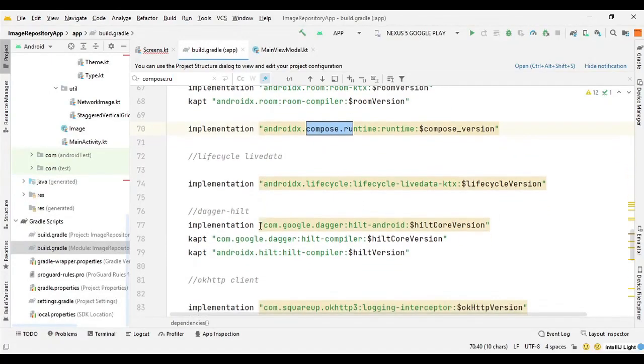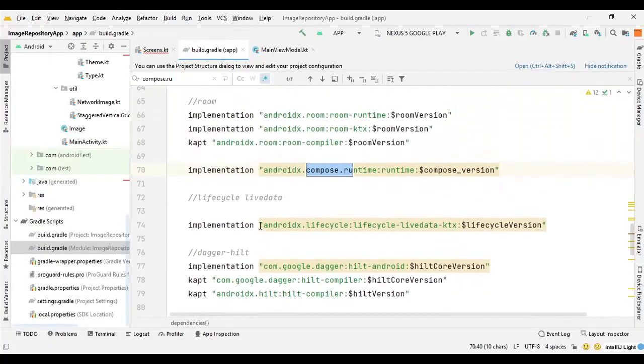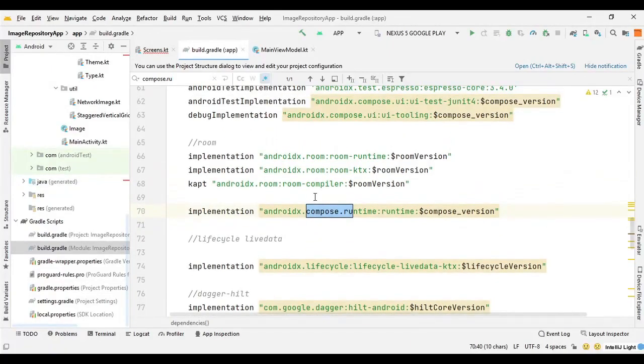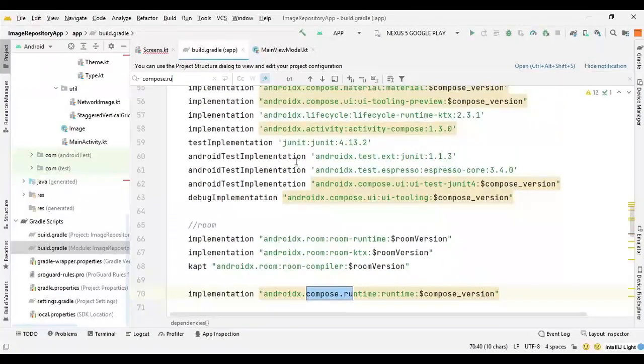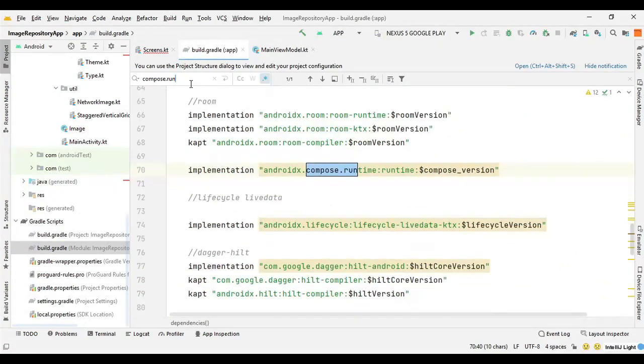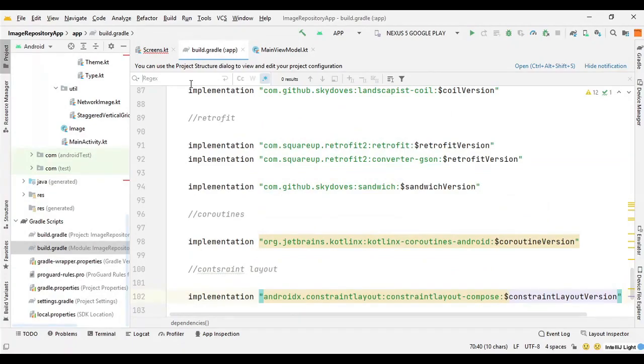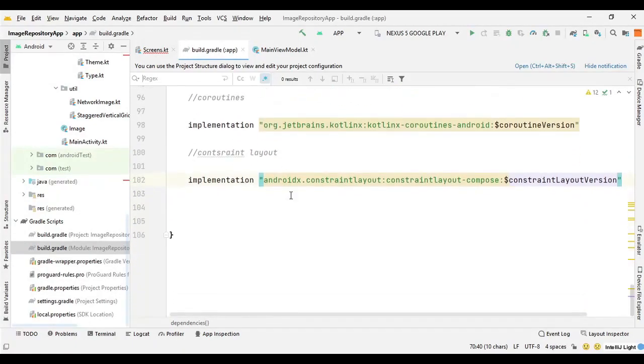build.gradle. So we have androidx compose runtime. Let's see, we have runtime for live data. Can check here for, no, we don't have the runtime for live data, so we need the dependency for runtime live data.